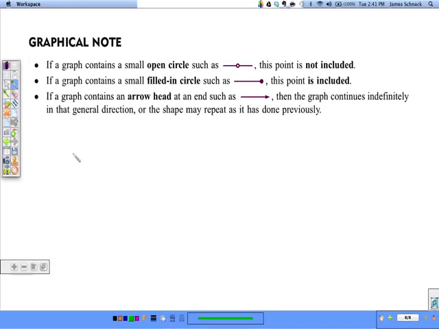And just as a graphical note, here are some things that you will see that you need to be familiar with. An open circle, open dot, means that that spot on the graph is not included. If it has a small filled-in circle, the point is included. We saw these two in the previous video. And if a graph has an arrowhead at one of its ends, or both ends, the graph continues indefinitely in that general direction or shape. If you're graphing a line or a parabola or anything like that, you better include this